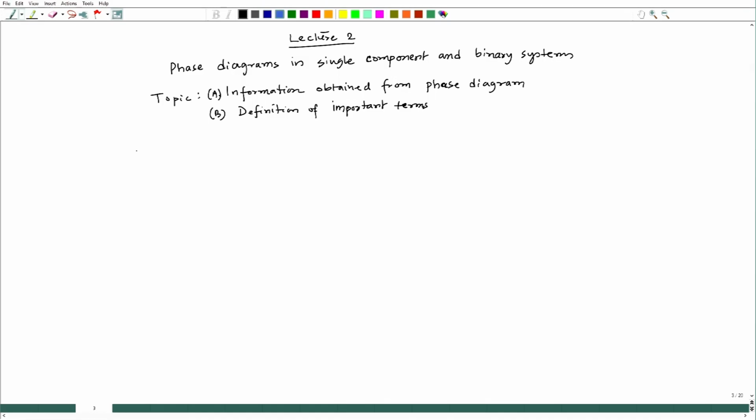Now, we have to see what other information we can get out of it. In fact, in the previous lecture we sensed some of the information like fraction of phases, phase zones, and where we can get two phase equilibrium, where we can get single phase existence. But let me just list the information we can obtain from phase diagram. So, one is definitely,